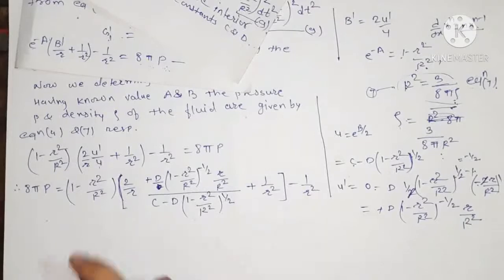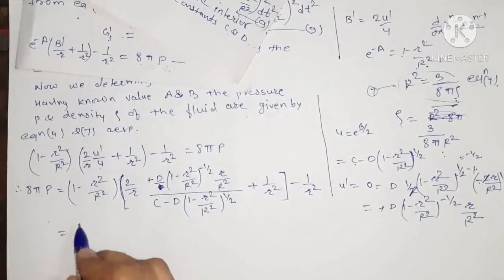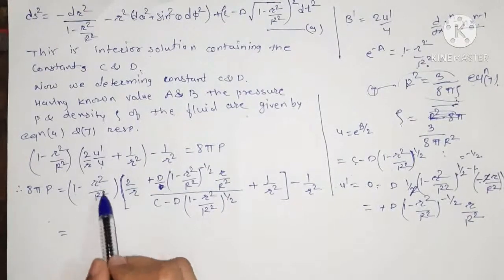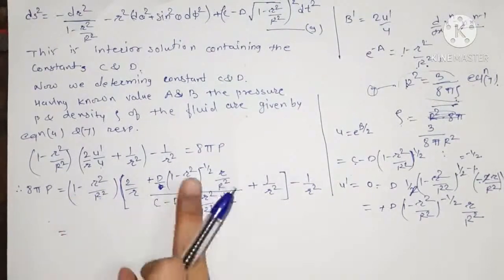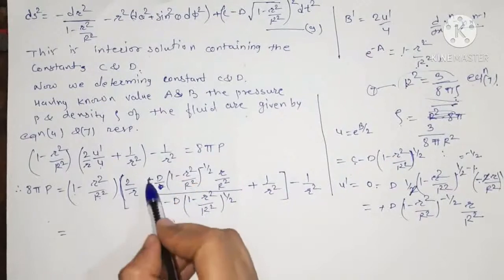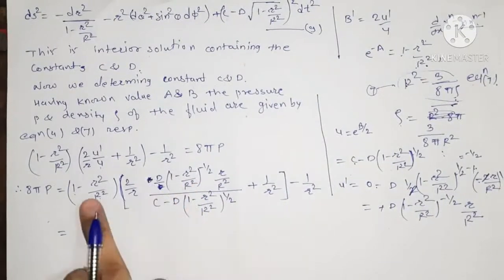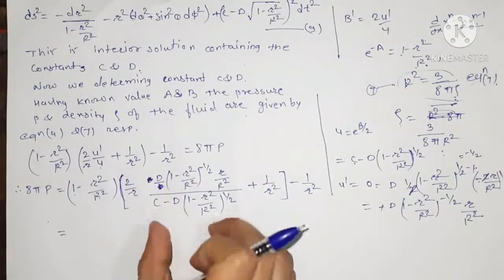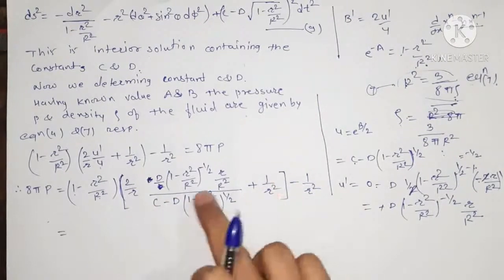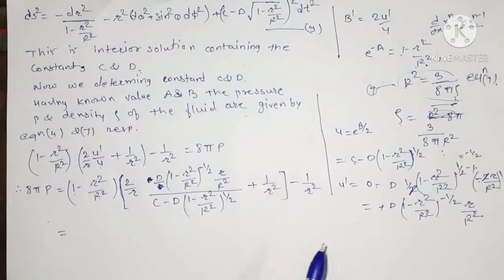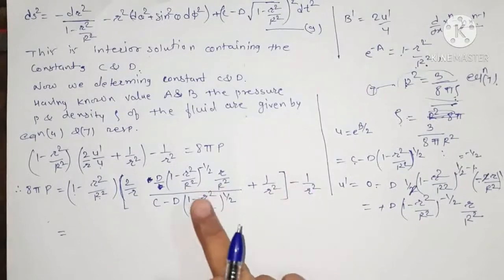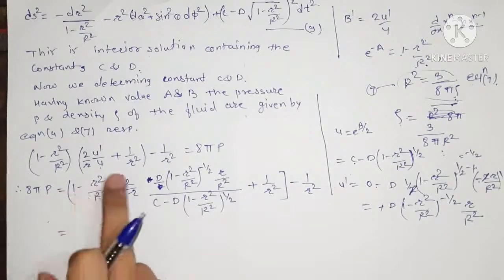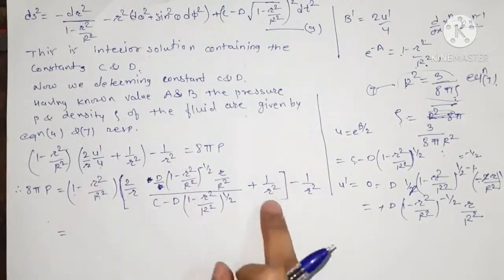Okay, now this is equal to what? Now we can take 1 minus r square upon capital R square inside the bracket term. Okay, this is here a plus sign. So if we multiply this to this term, and also this is in the denominator, so we take the cross multiplication also here. Simultaneously we are taking the cross multiplication and multiplying this term that is inside the bracket. We take this inside the bracket.